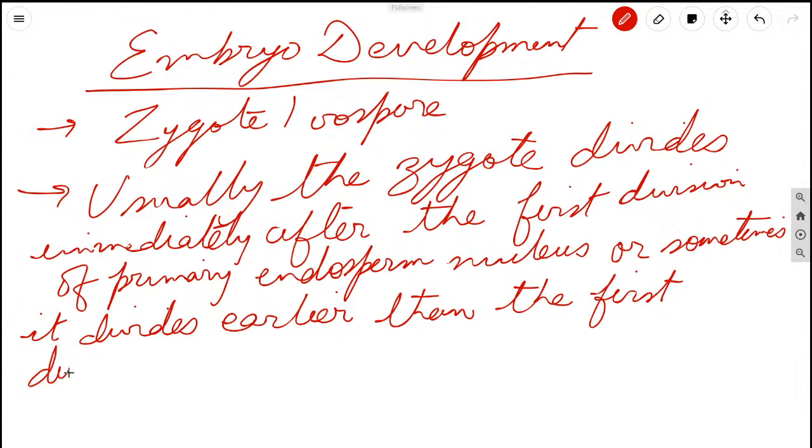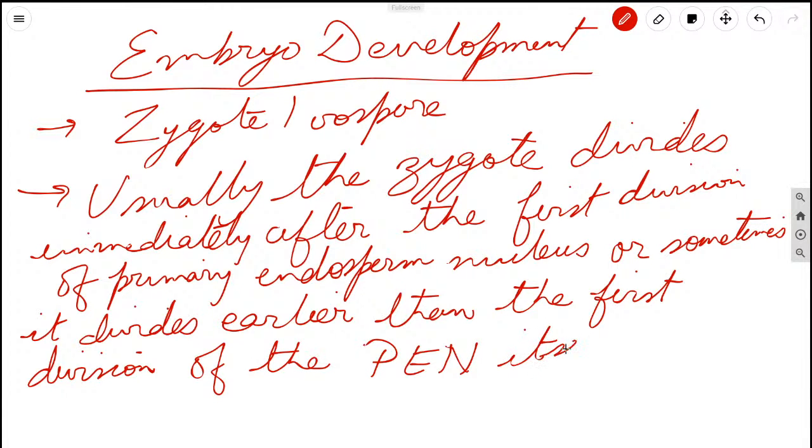Than the first division, you can say, of the primary endosperm nucleus itself, or pertaining to the primary endosperm nucleus itself. Very rare event, because in the primary endosperm nucleus formation theory that I told you, the formation of endosperm